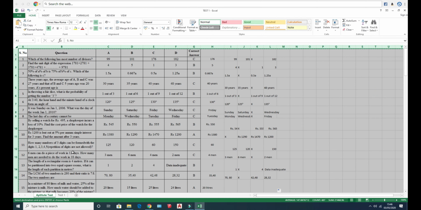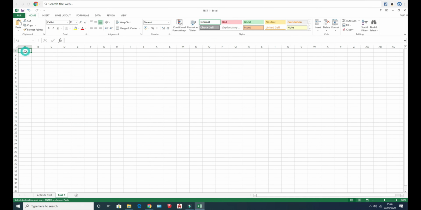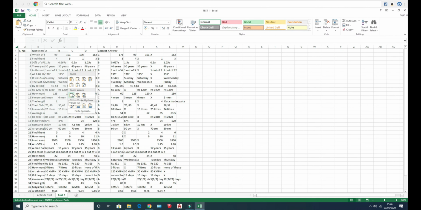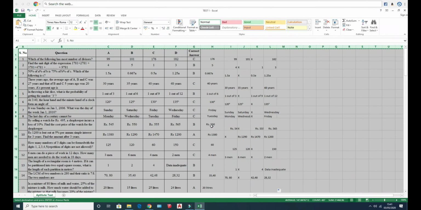I'm just copying the entire sheet and creating a new sheet. Just paste using paste values alone. Everything in that sheet is copied to this sheet.